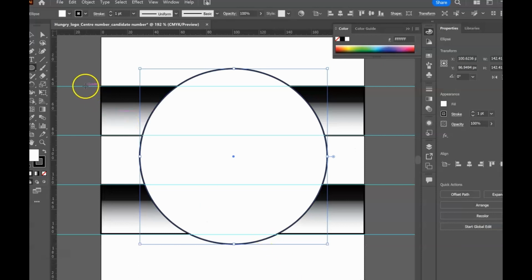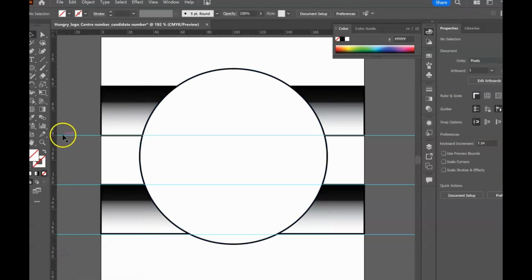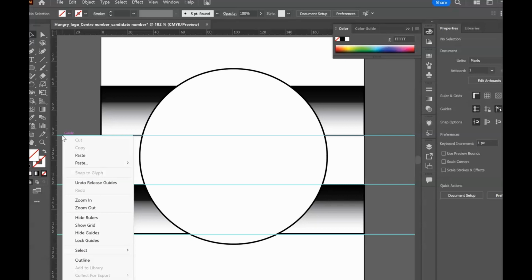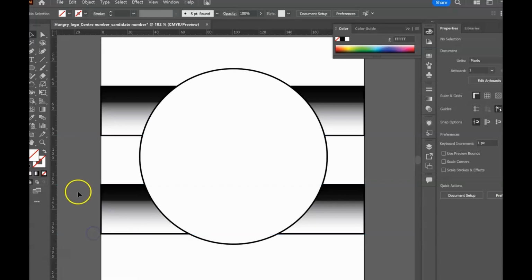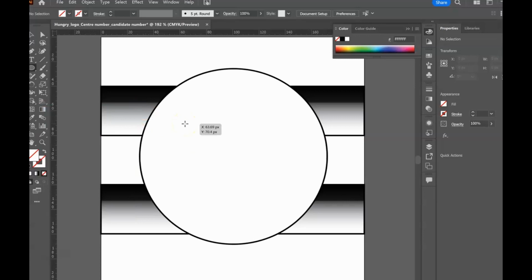I'm just going to delete my guides now. Just right click and delete them. I don't need these guides now. Just get rid of this one also. I think I can hide the guides. Yes. Okay, and again I'm going to select my ellipse tool, L, and hold Shift and create one more